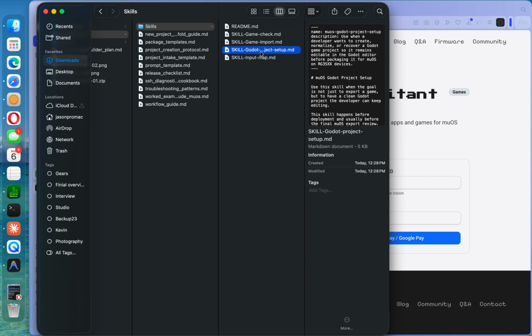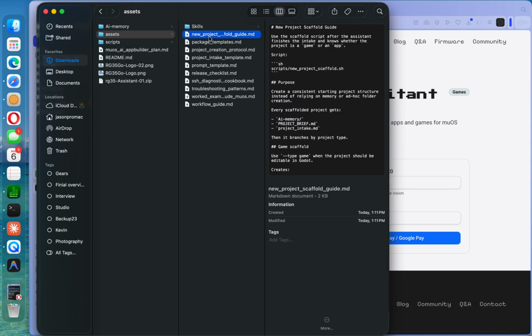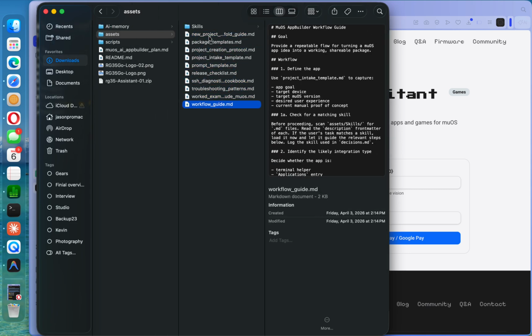And this right here is for helping you export and manage Godot. And then this right here is the input map. This is actually how the keys work on MuOS. It provides all of the information because that's a little complicated. And basically all of that, plus all of these right here, are all of the different guides necessary in helping you create games and applications for